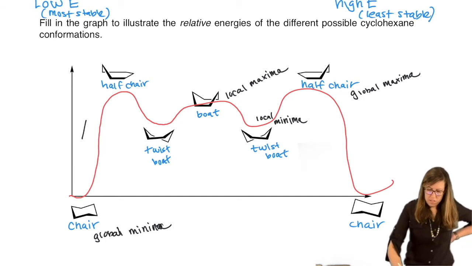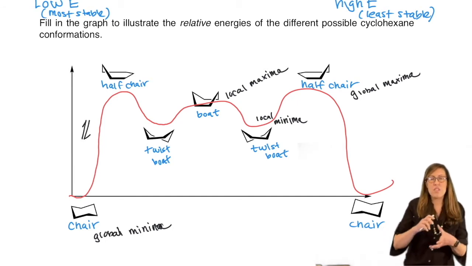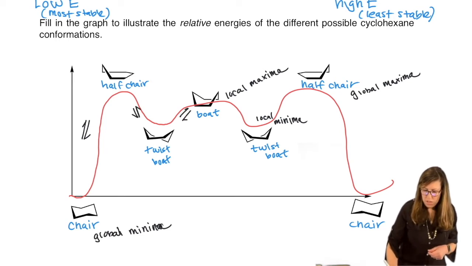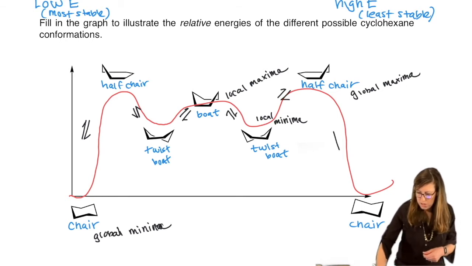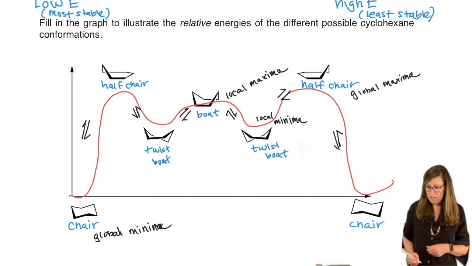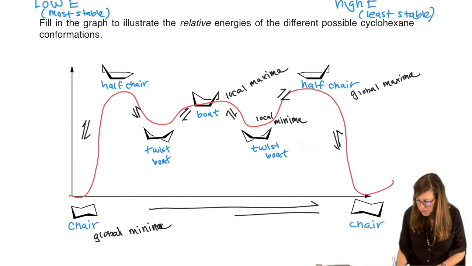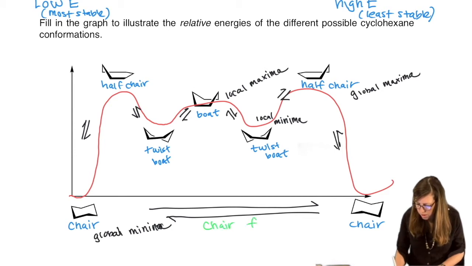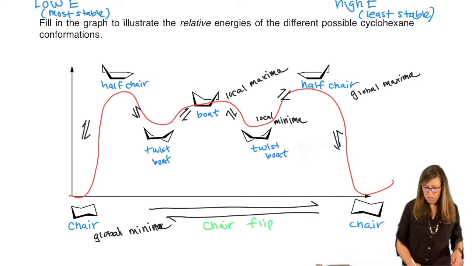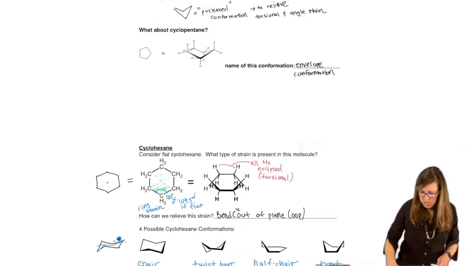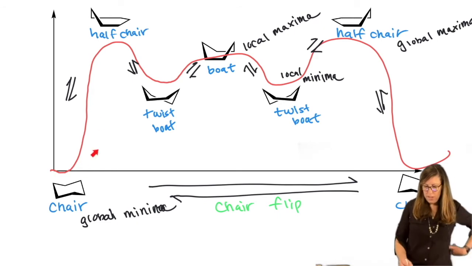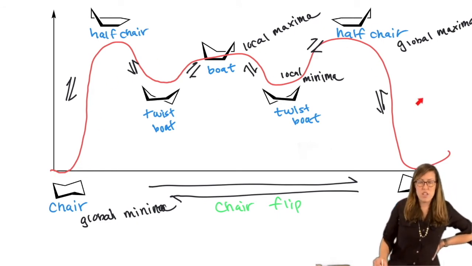And in fact, these are in equilibrium. So in solution, they are adopting and going through these conformations, but ultimately spending most of their time settling into one chair or the other chair. And so when we do this, we have the all-important chair flip. So a lot's going on. Saying a chair flipped is the simplest way to view it, but we want to recognize that a lot can happen from one chair flip to another.